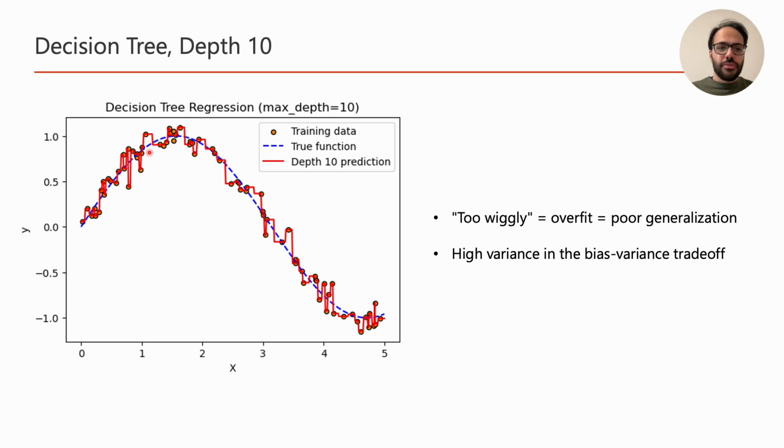And therefore this prediction function, this red one here, is what we call too wiggly, which means that it's going to overfit or have very high variance, which means that it's going to have poor generalization on new or unseen data. So this high variance is really a significant problem, and we have to find a way to make this smoother. One of the things that we can do is to use this method, which is called bagging,